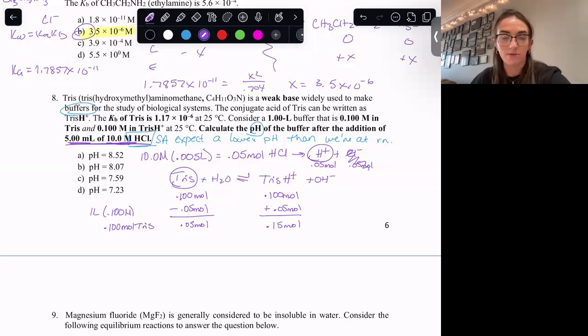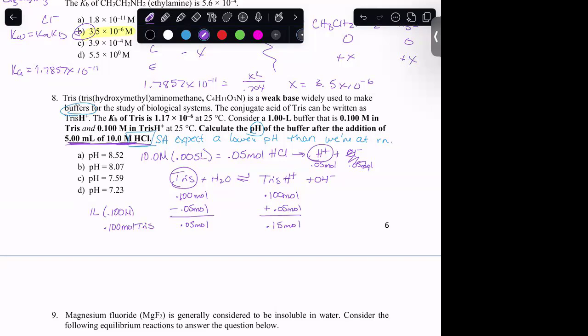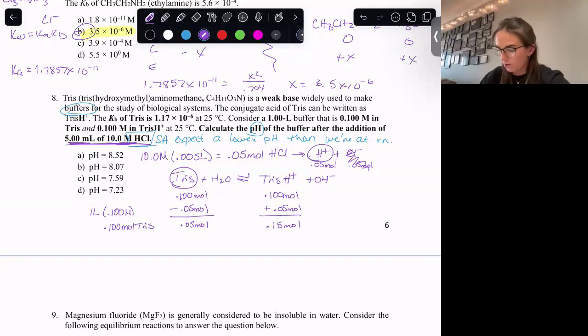How does that help us? Where do we get, what can we use from there? Do we use the moles from the ICE table and plug it into the buffer equation? Yes. Yep. So you do want to use concentrations technically